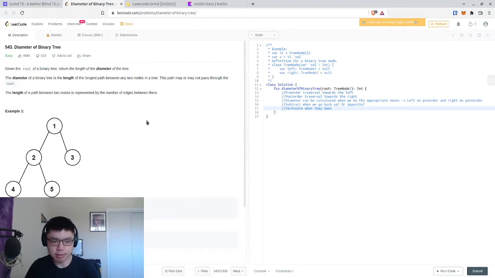We could go by depth, right? I think we can go also by depth. Leftmost and rightmost by depth. So what I mean by that is that when we go to this depth right here,